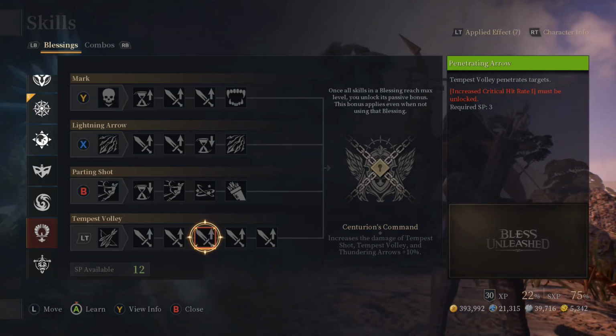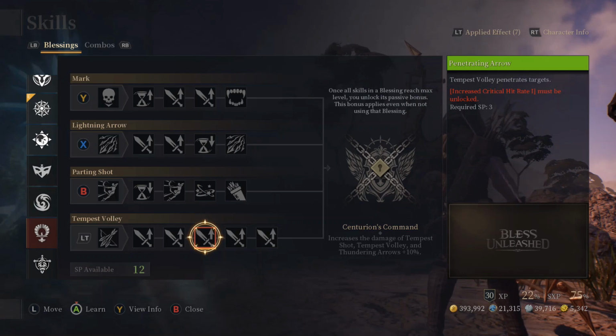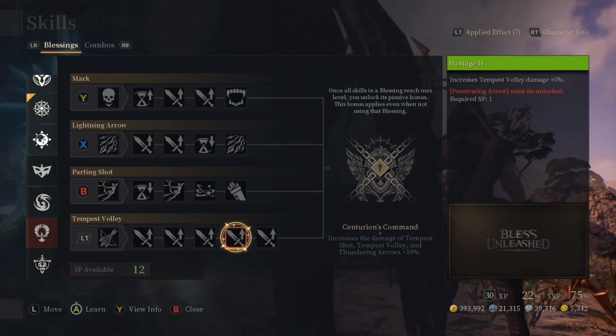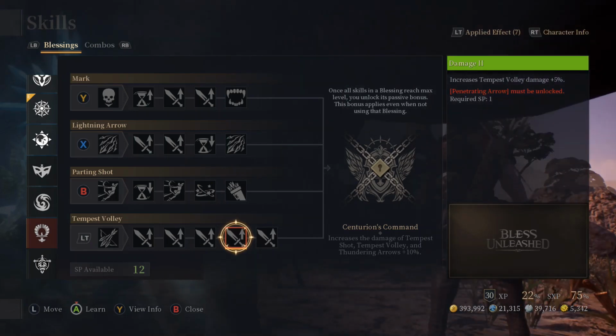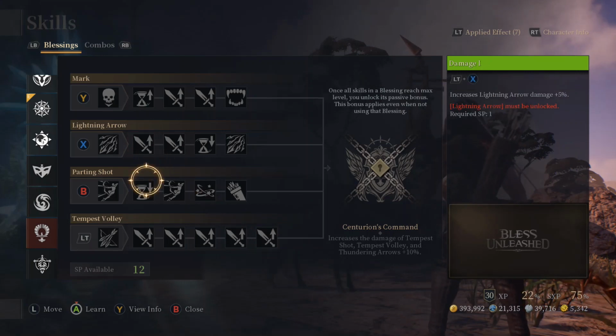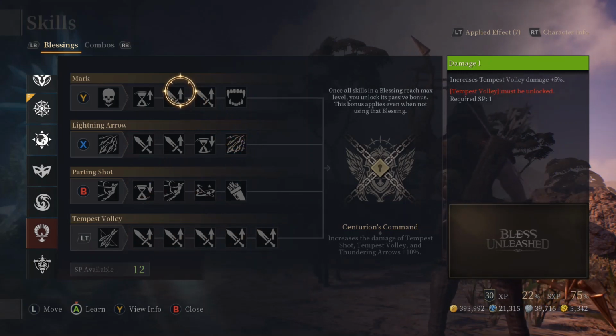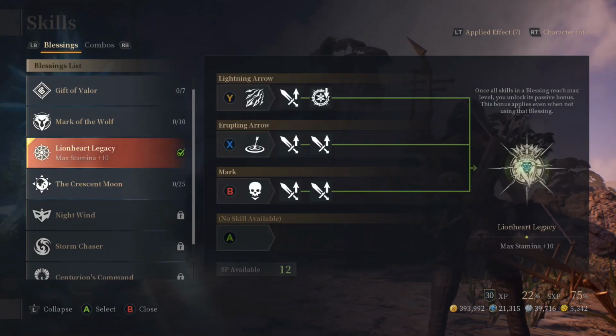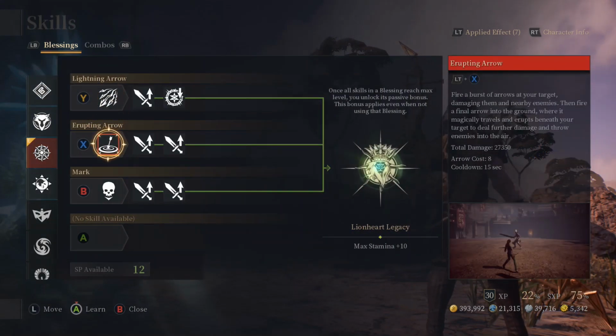So what I'm hoping is that they come out with a penetration stat and add some gear that has penetration with it, because that would be phenomenal, being able to ignore enemy armor. But it also has increased Tempest Volley damage +5 and +5%. So this one's actually worth combining with the volley shot, just because the amount of damage you can output is almost equal to what you can do with 2